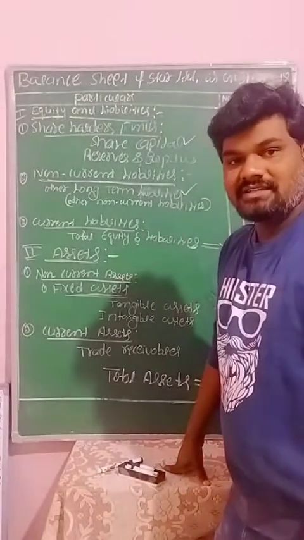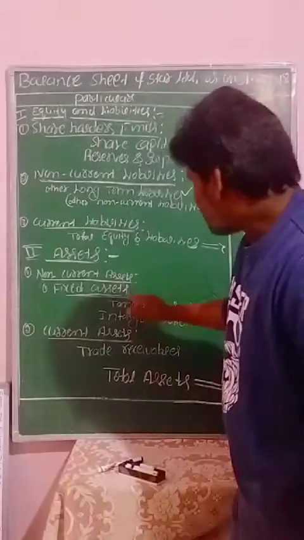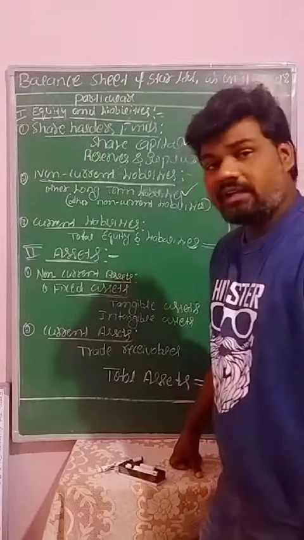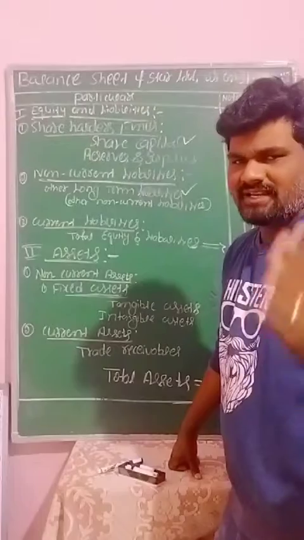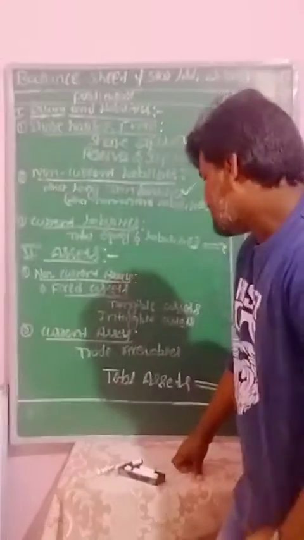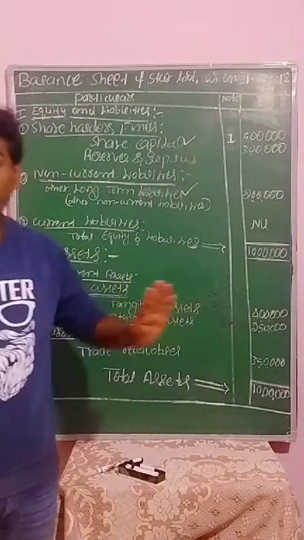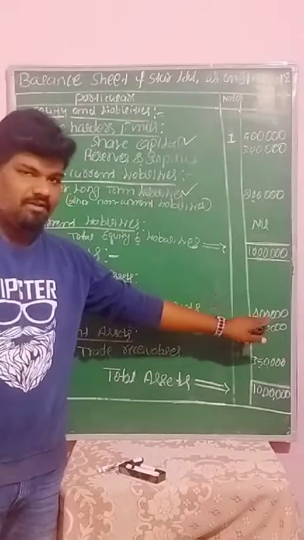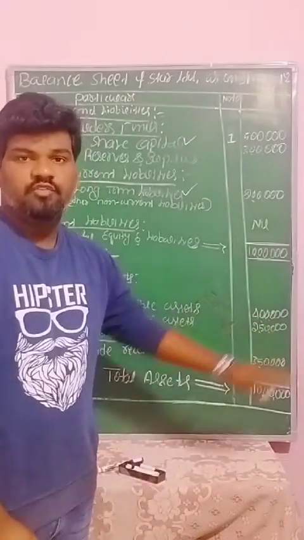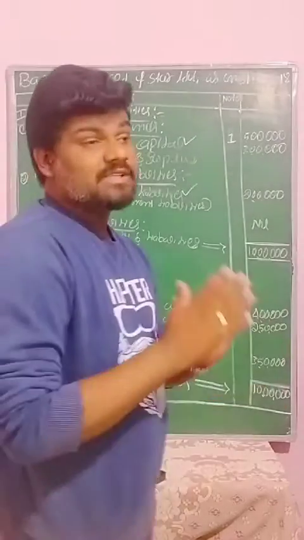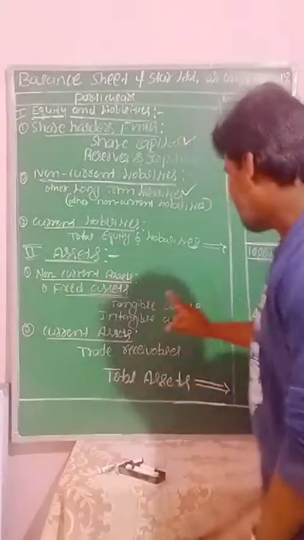Tangible assets means easily transferable assets from person to person. And intangible assets means we cannot transfer them from one person to another. Already we know examples like goodwill, trademarks, all these things. As per the given information, they directly gave tangible assets of 4 lakhs rupees, and intangible assets are 2,50,000. Both were given directly in the question, that's why we can record them directly.